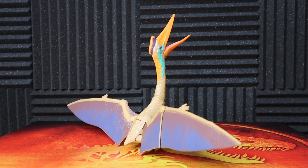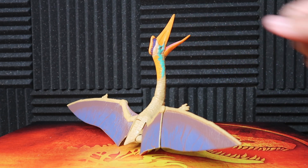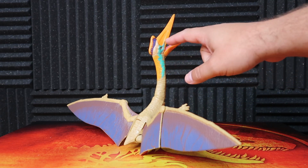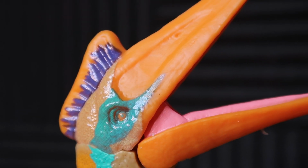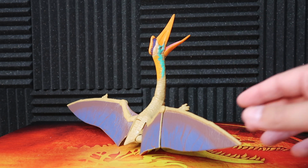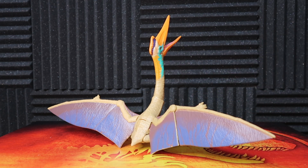Let's talk about the paint job itself. You have this very wild head up here with the super orange beak. Inside the mouth, you have a very pink tongue and mouth area. Down the side of the neck, you have this teal color, a bit of orange as well, and the purplish blue on the bill up on top, and a bit of orange, of course. And the wings themselves are very purpley blue, with